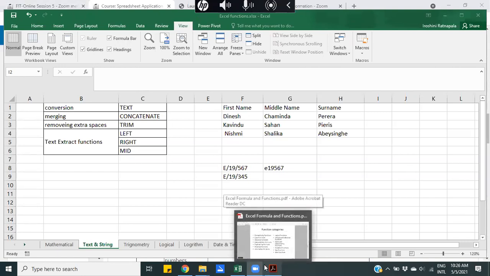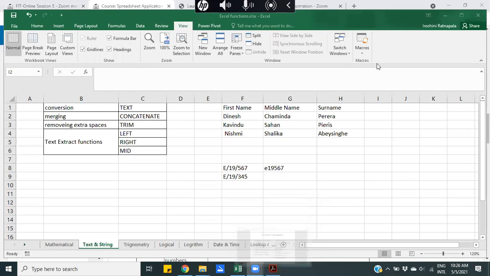I will transfer this to another computer, but while I'm explaining this to you, what I was discussing was the text operations in Excel. I have mentioned two examples like that.